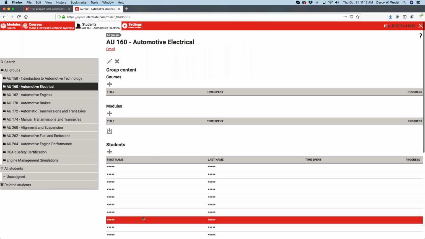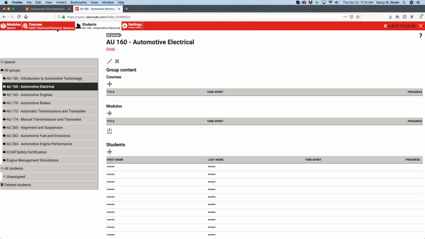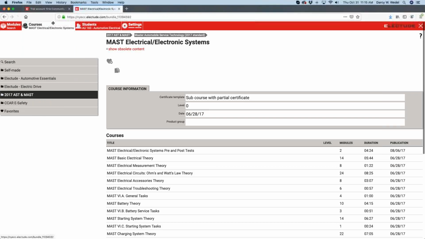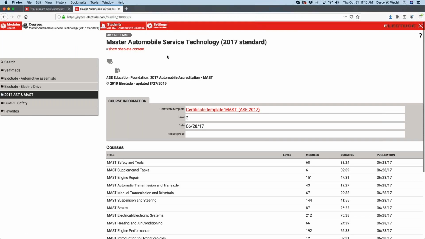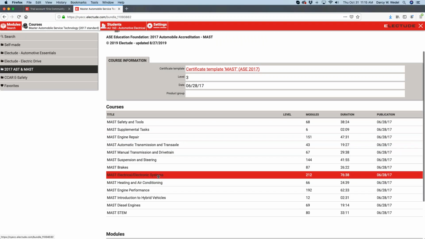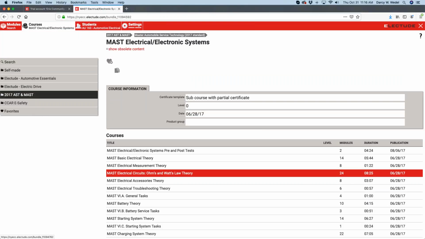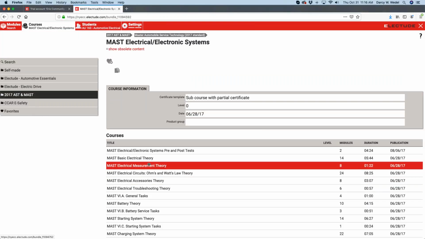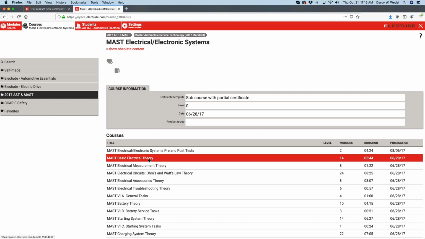So right now, this group of students doesn't have any content. But when I go back a step, I could choose, like Daryl had done before, to grab the entire electrical electronic systems course and assign that to the group all in one chunk. And then I could lock certain subcourses, or I could enter that course and assign each of these smaller areas